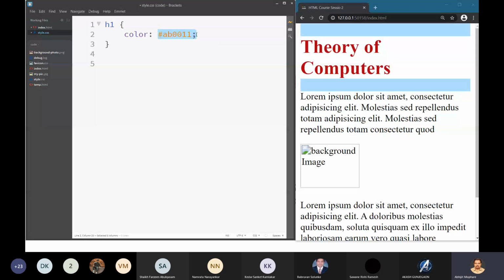If you don't want to type this directly, Brackets once again comes to help. Now here you can press Control E. I will show you what I have done. First, the video is lagging, I will wait.